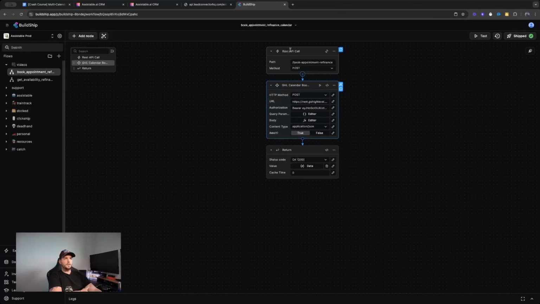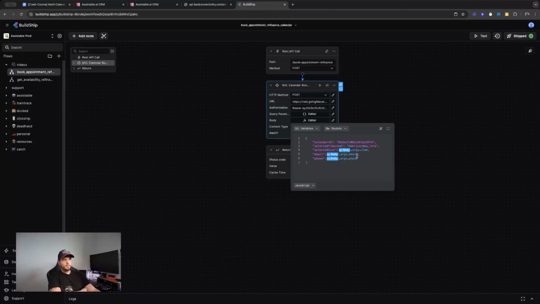So what I've done is I've come here and I've created the second endpoint, which is book appointment refinance calendar. Okay. I've posted to GoHighLevel's API v1 to book the appointment with my location, my sub account's API key, so bearer API key. And then I've set it up where the calendar ID is the new calendar, the event calendar. The time zone is America/New York, which is the sub account's time zone. The selected time slot is coming from the AI under